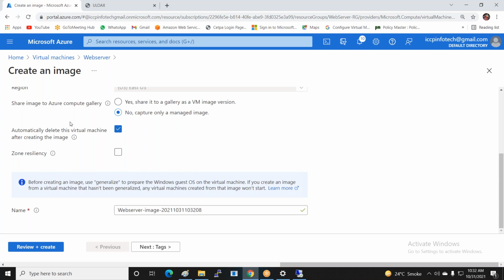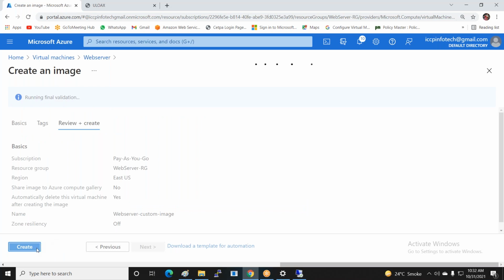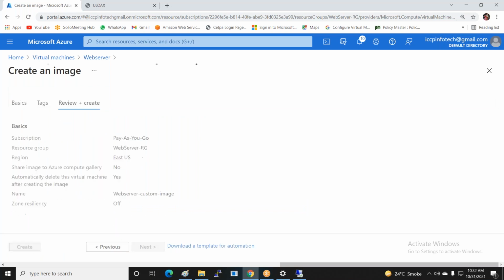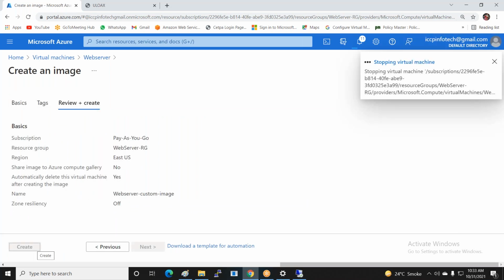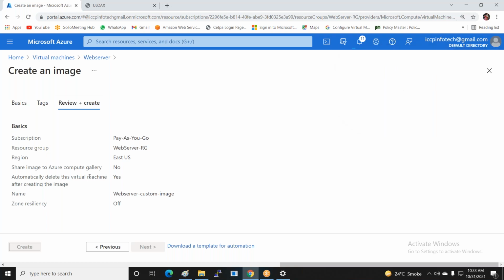So it's not running anymore. Now I create my web server custom image, and I just review and create. When my image is done, it automatically deletes my previous server.